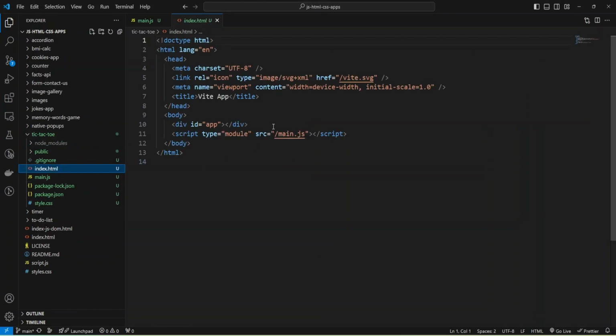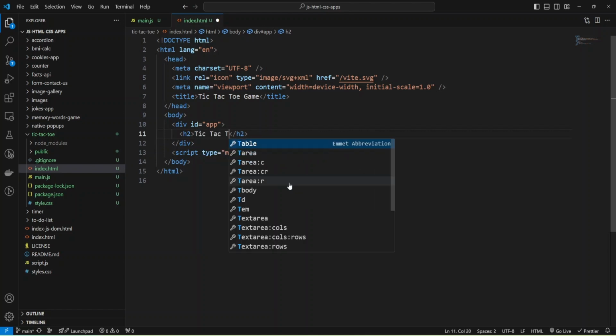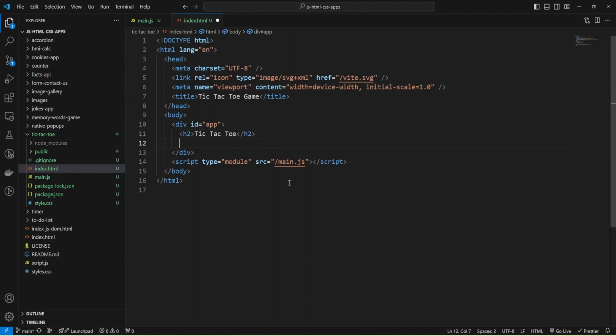I'm going to open index.html and change the title to tic-tac-toe game. Okay, and now I can leave this up and add inside it an h2 tag with tic-tac-toe, and inside our app I'll have a div with status, and I can give it class row, and the ID will be status.